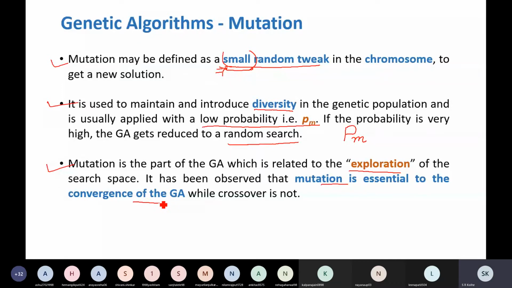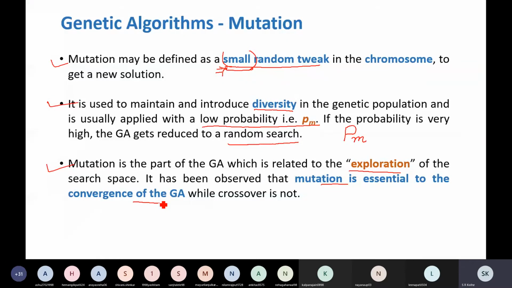To converge, that means somewhere the algorithm should terminate with a solution. So the algorithm should terminate with a solution, that is convergence. For that purpose, mutation is essential, while crossover is not. What does crossover do? Let us recall. Crossover inherits bits of the parent chromosome.